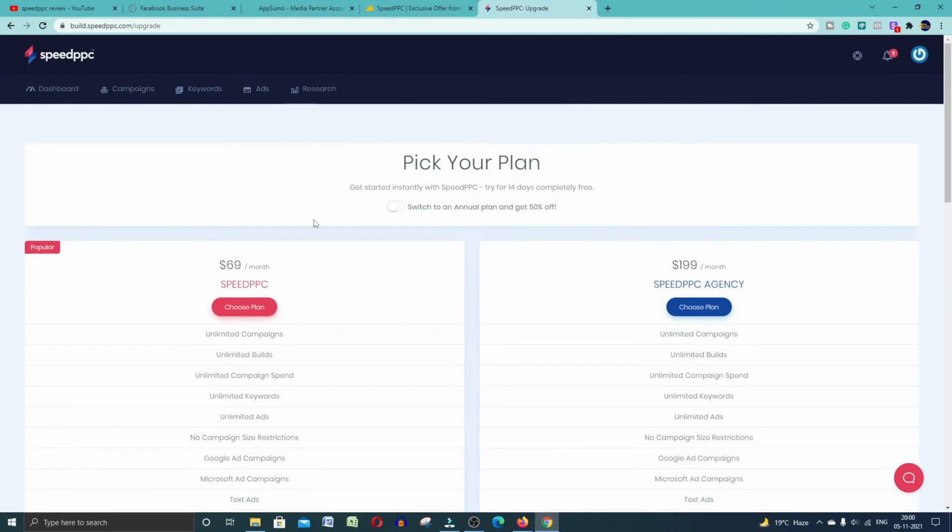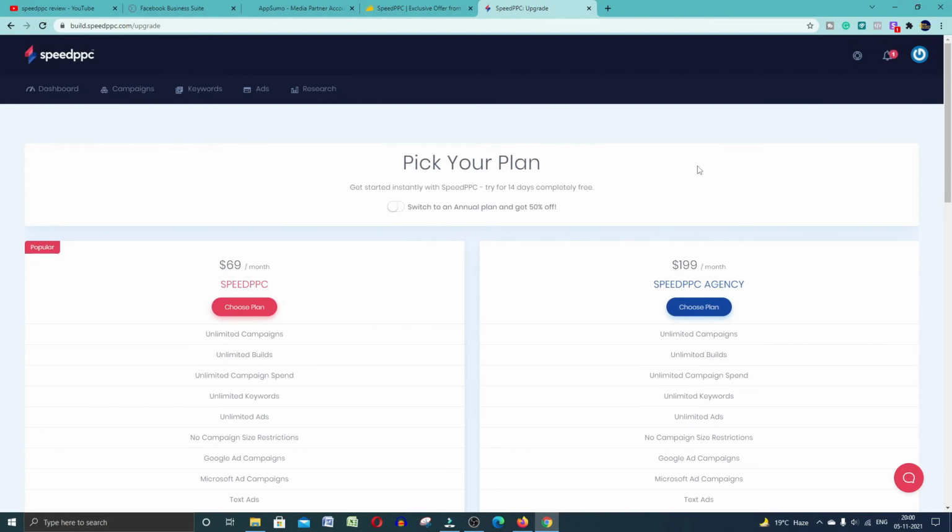And after coming to this dashboard, you can check all your campaigns. You can add your new campaigns, share with me, keywords. Okay, you can add your keywords, ads, ad expand, ad set, add new call only ad set, add responsive research ad set, integrate competitor. If you go with this option, which is research, there is competitor comparison, expand keyword, suggest keyword, competitor landscape, potential ad placement, competitor text ad spy. So all these things you can do here and you can increase your conversion rates, right?